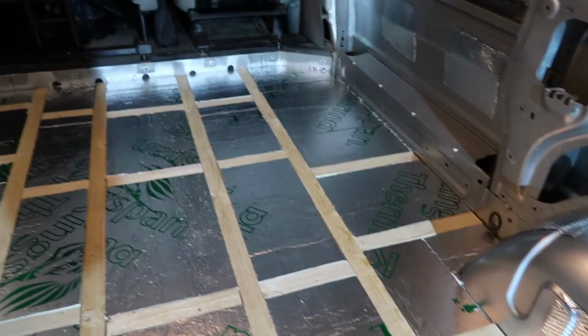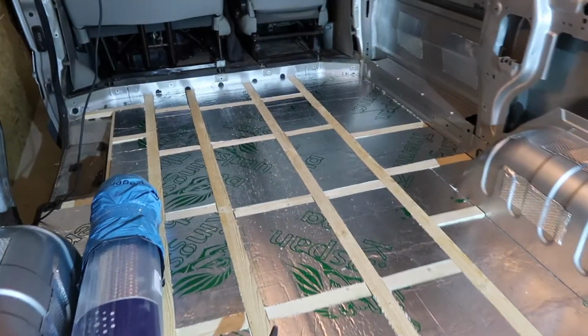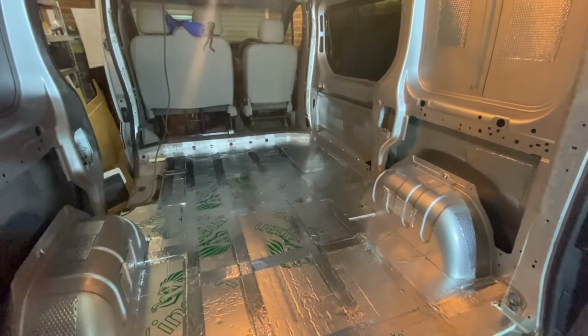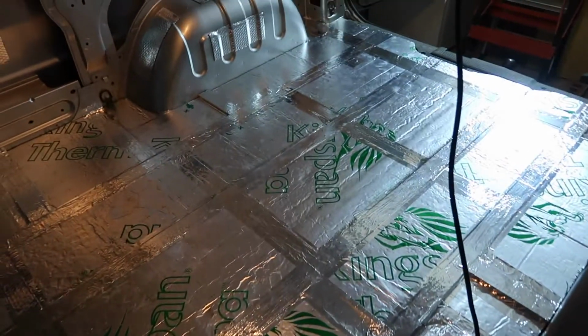I'm literally so chuffed. It just looks so good. I'm so impressed with all of the hard work today. So that is the first sort of step in the vapor barrier as such. I think what I'm going to do tomorrow is just have a fresh look at it, see if anywhere needs a bit of a top up, see if there's any differences. And then I can start thinking about getting the first floor down,